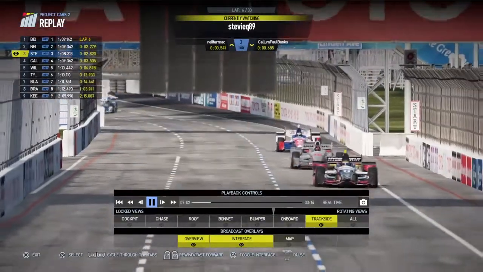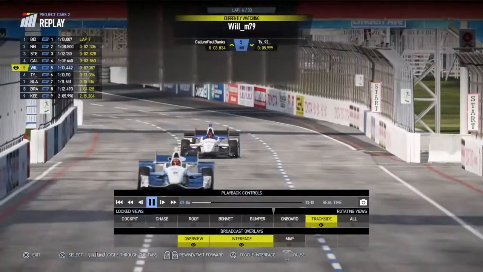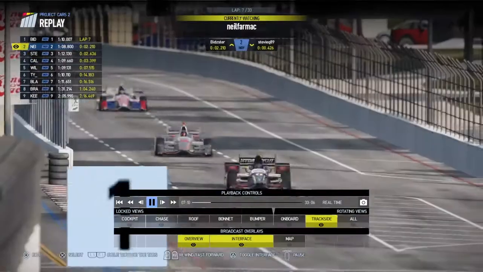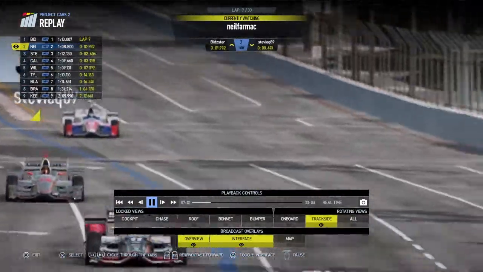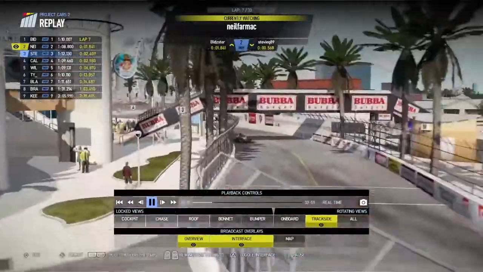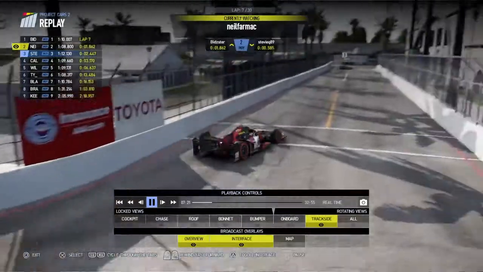sandwich here, and Bidzster can breathe a bit of a sigh of relief there as we look at the car in the background. I think that was Will trying to get past Bradders, but unless they both went wide at the same time, it looked like it was a bit of fun. But Neil Farmack then in 2nd place now, after Stevie's mistake. Stevie down to 3rd, Callum still in 4th, can't quite make any progress yet, but the pit stops could make